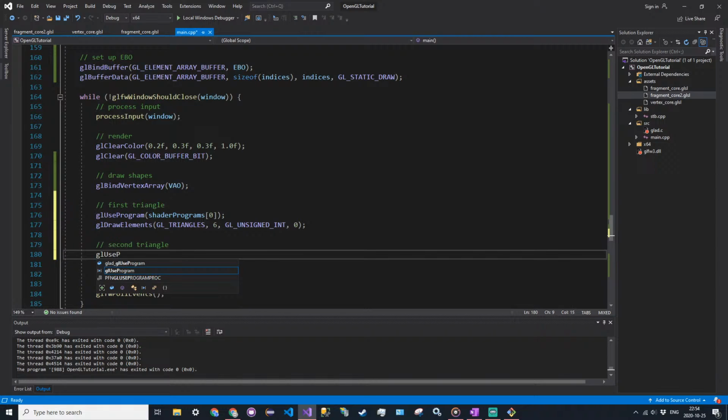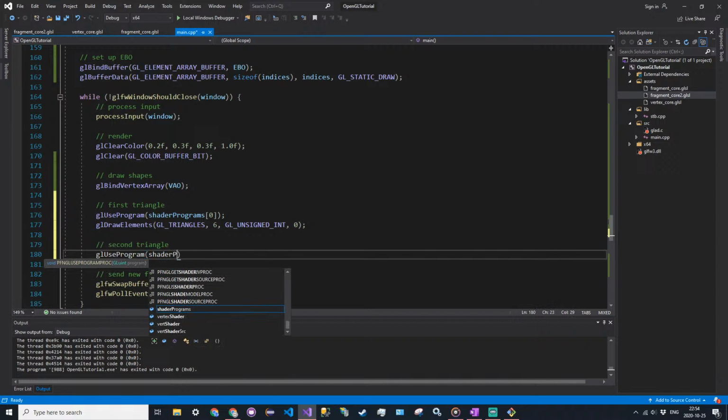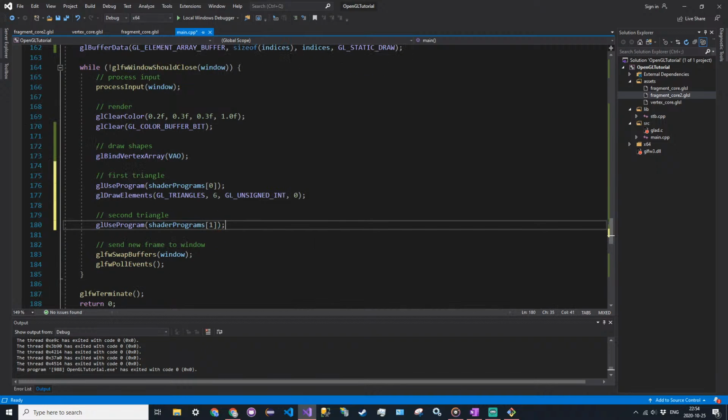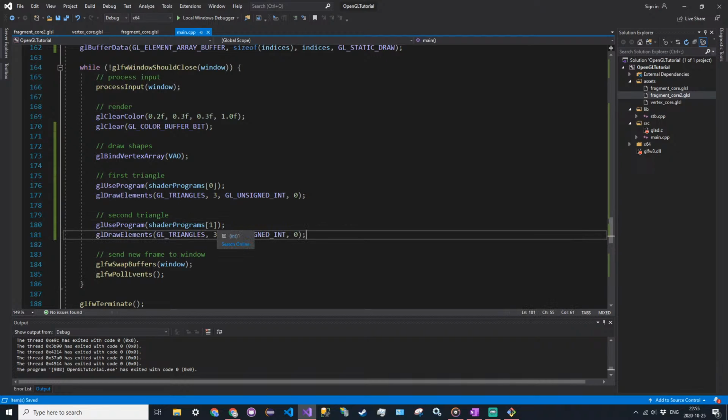So GL use program shader programs at 1. But now we have to change a couple things here. So the first call to GL draw elements, we want it to draw 3 vertices only. So change that 6 to a 3, and then we can kind of duplicate the call, except we have to change the offset. So underneath where we use the second shader program, change the offset to we're going to say